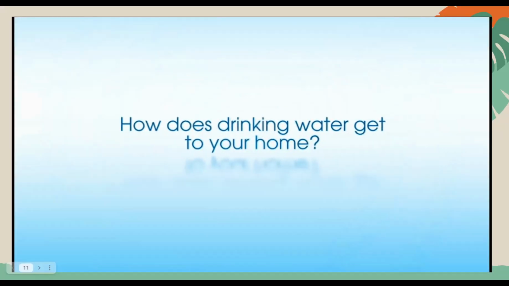How does drinking water get to your home? Wow, I'm not really sure. Probably through a series of pipes. Pipes and all that? Through pipes. I have no clue. I assume it comes up through the pump in the ground? Through a filter? Gets to a house with a pump, water pump.